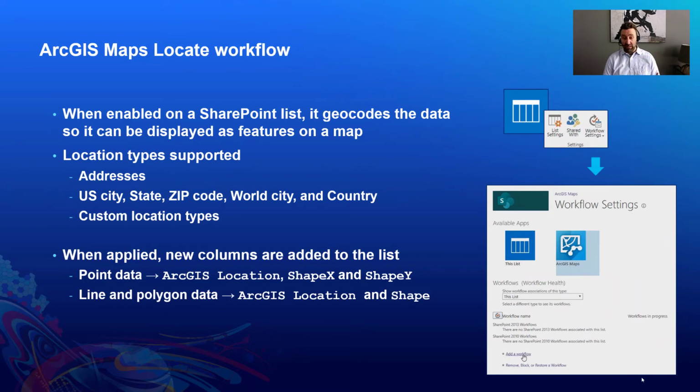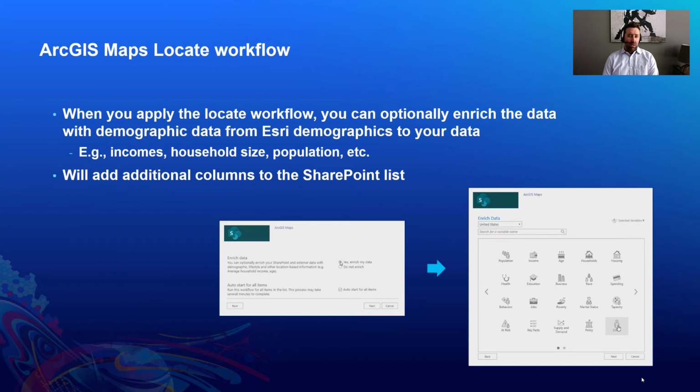Or if I have line and polygon data, there's ArcGIS location and shape that will be added into my list there. Just another option here is when I'm doing this locate, every time I get a customer record, or maybe I'm in a public safety scenario, somebody calls in, we can automatically enrich the data on the fly. So as we're taking this flat record, we're putting it on a map and geo-enabling it, I can append attributes